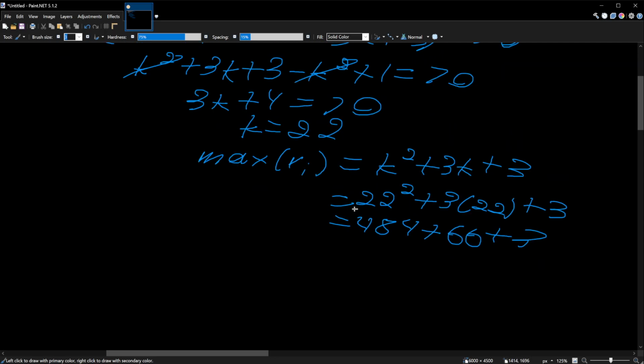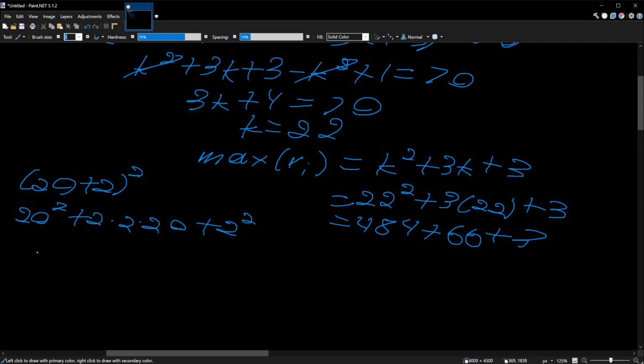And how I did 22 squared, by the way, is if you do the expansion in terms of 20 plus 2 squared, you could also just use your standard multiplication, but this is a nice trick. You know, a squared plus 2ab plus b squared, so you have 20 squared plus 2 times 2 times 20 plus 2 squared. You get 400 plus 80 plus 4, and that'll of course be 484. Okay,